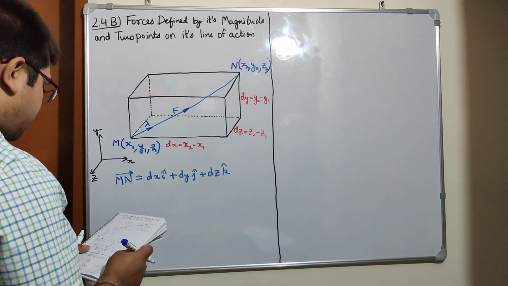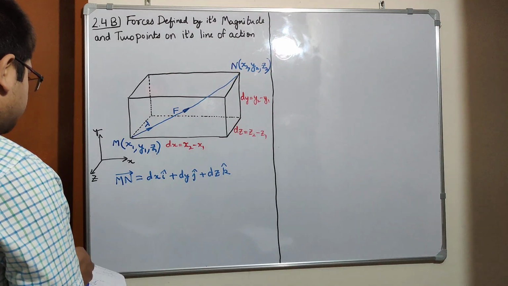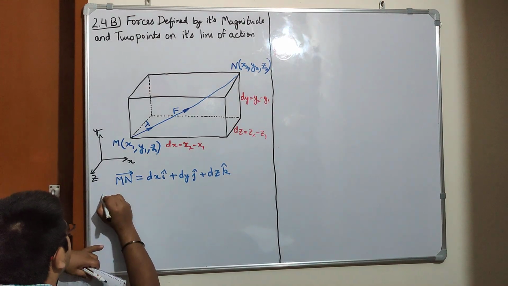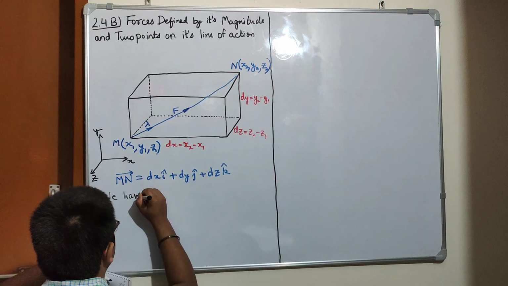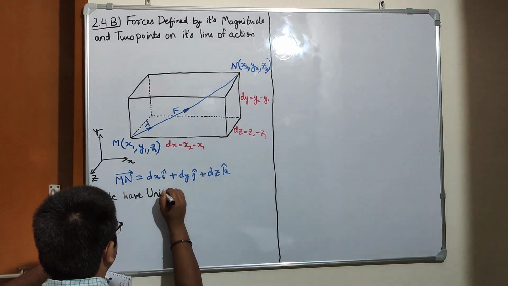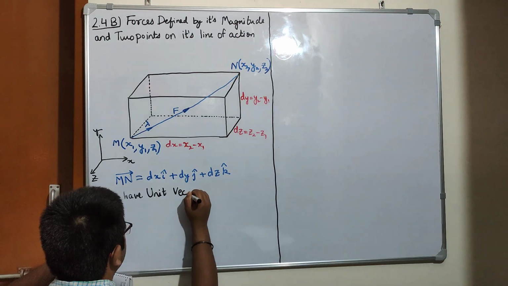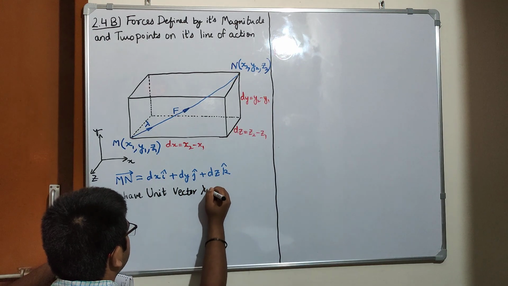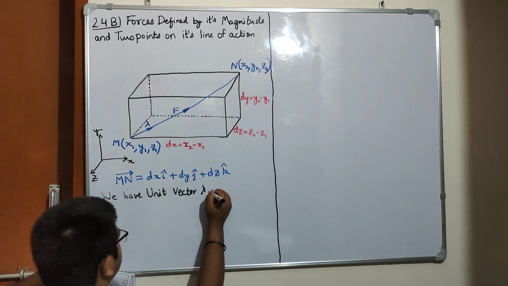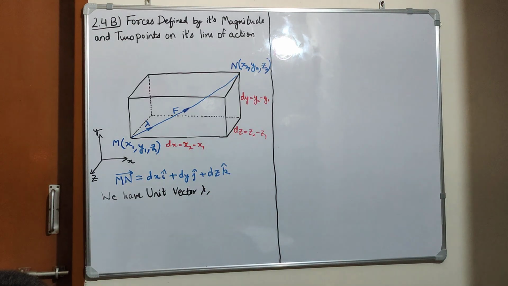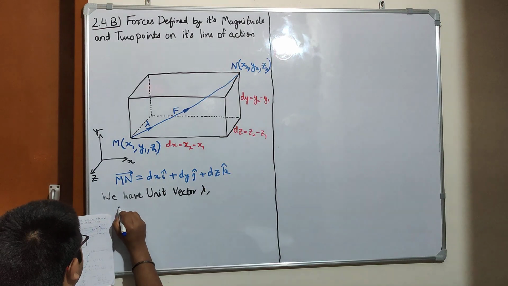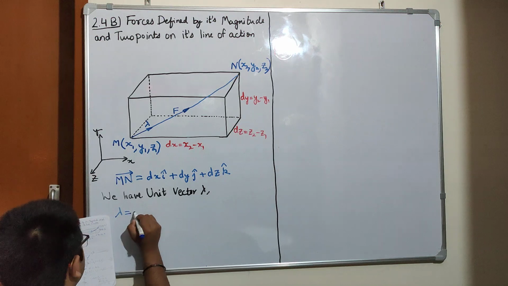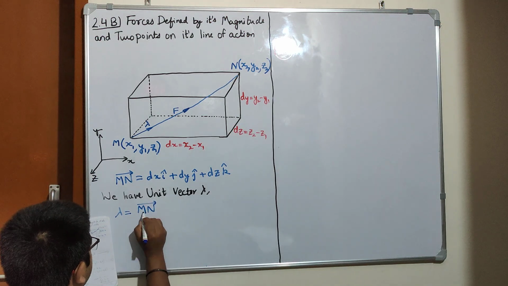Now after this we will write our unit vector lambda, which is equal to MN vector by